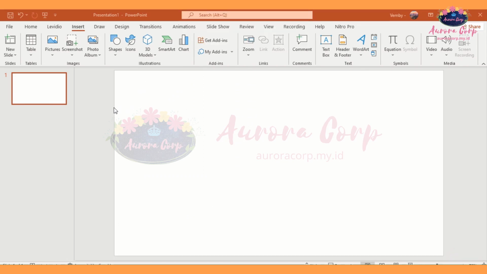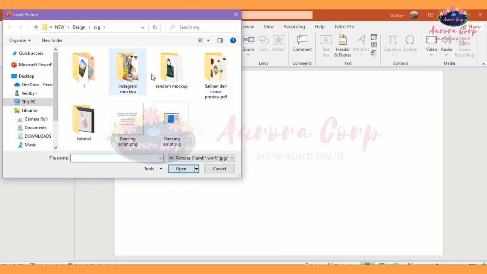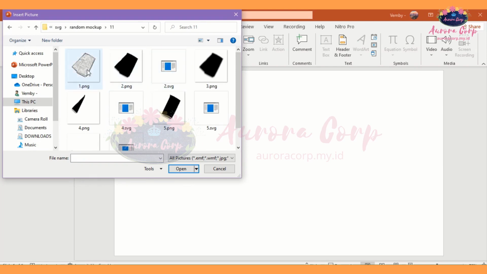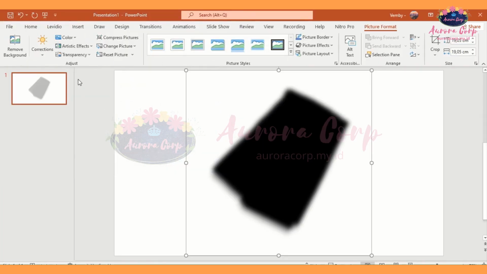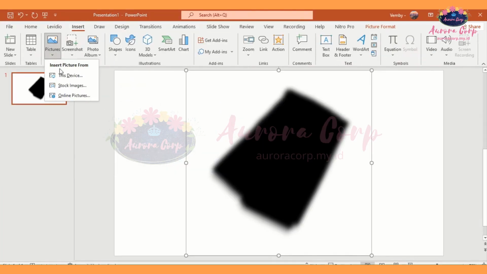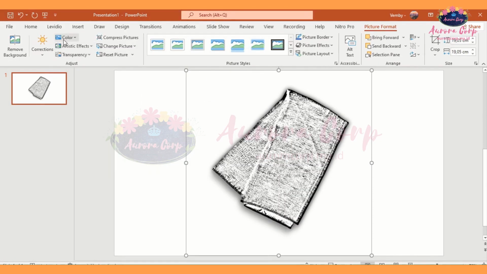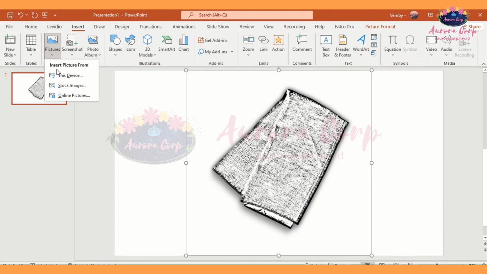Okay, now we are moving to PowerPoint. We will insert all the SVG files into PowerPoint. We will use insert picture, and then we will insert the shadows, and then the black and white picture, and then all the SVG files